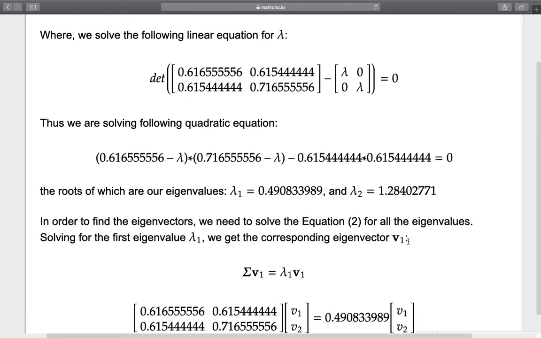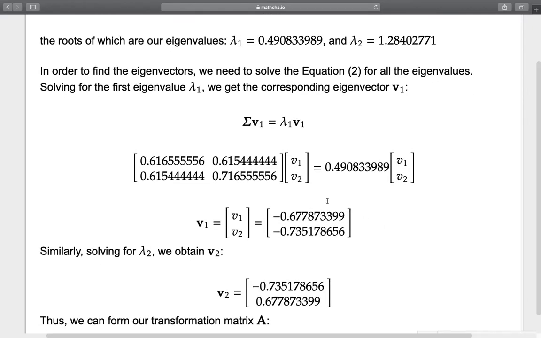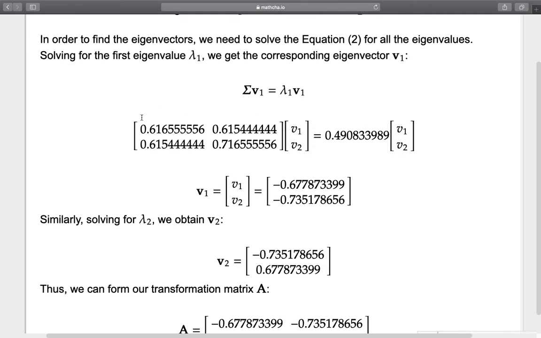So for the first eigenvector, we multiply sigma times our eigenvector, and that should be equal to lambda 1 times our eigenvector. So this is that equation,